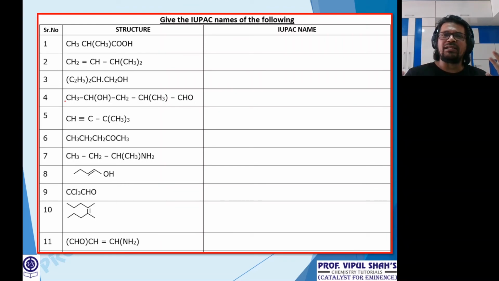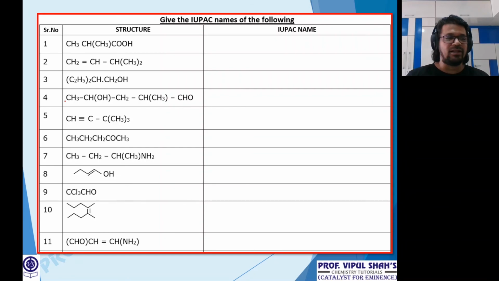Now let's talk about all the groups. This is what you have to memorize. So before you solve this, I want you to prepare. Give this as a test. There are some 25 structures I have given. You have to just give me the IUPAC name with all the names. So on paper, write the groups, memorize the names. That's all you have to do. Okay? Write all the groups. So first, let's start.